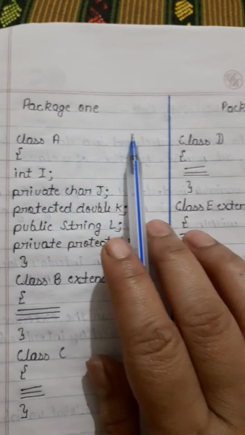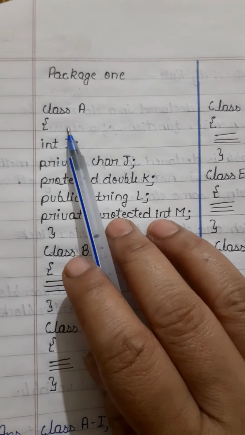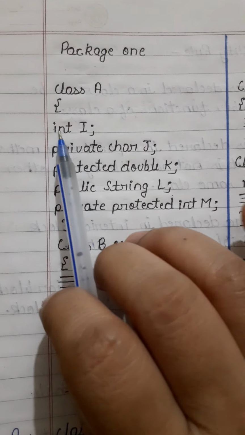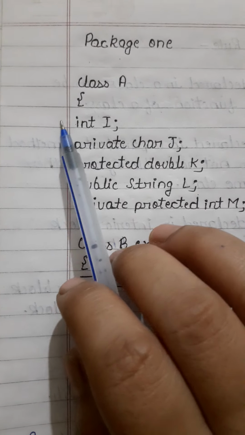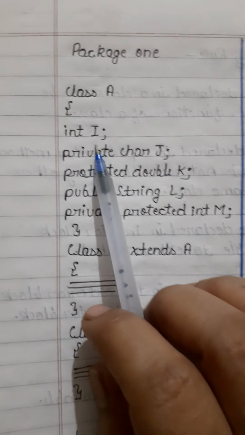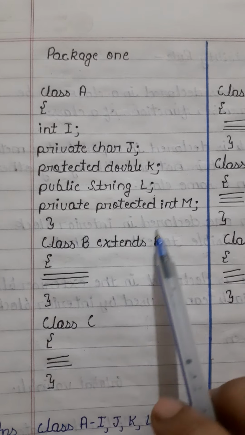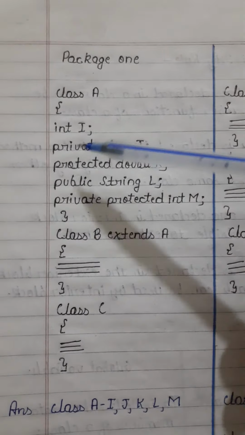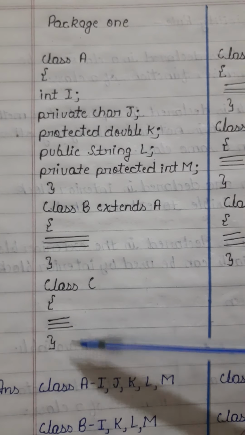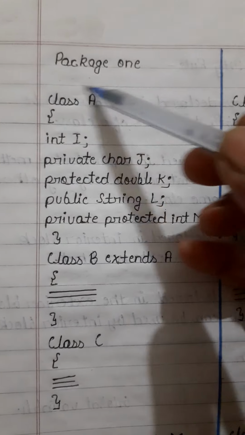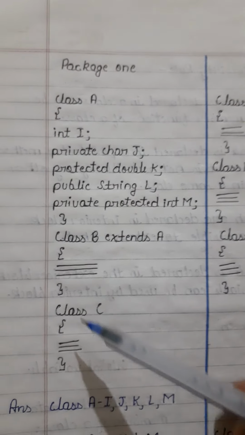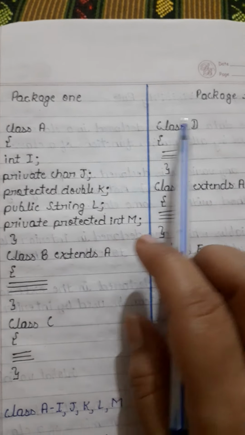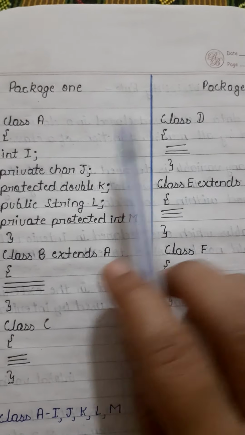Now class, till now you have made programs in which only one class is there, and where you declare the variable like this only, with no access specifiers. But now in this chapter you will learn that when you make a program in which more than one class is there, that is known as a package. And not only one package, but you are making another package also. Now you will see how these two packages are linked with each other.